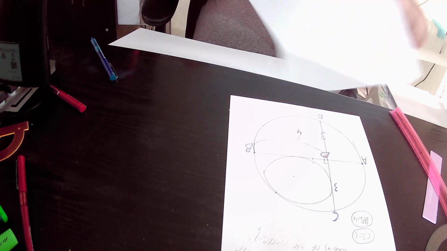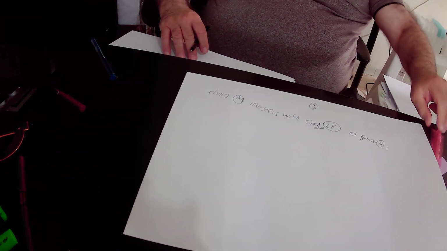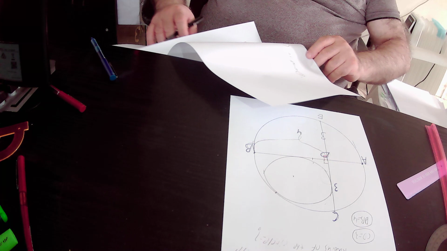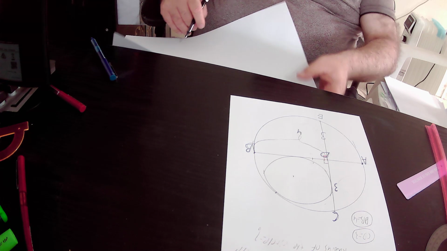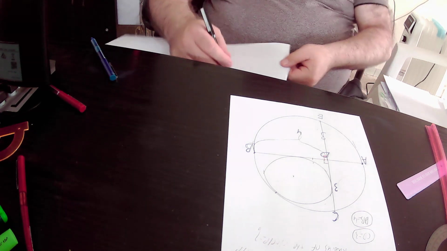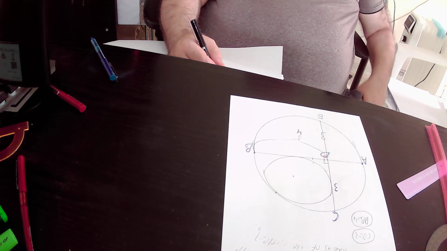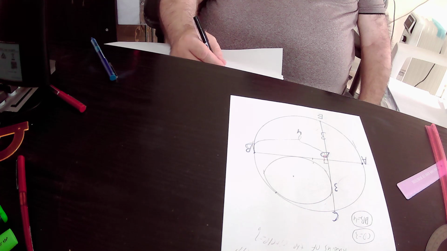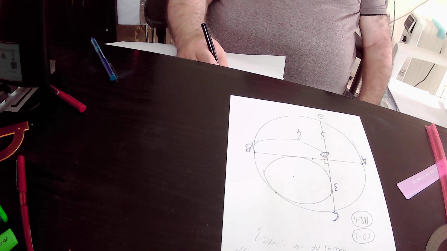I'll repeat again. Chord AB intersects with chord CE at point D. Point D is the intersection point between chord AB and chord CE. So all the requirements of rule number 1 are met. Therefore, we can implement rule number 1 in our drawing. According to rule number 1, we get that AD times DB